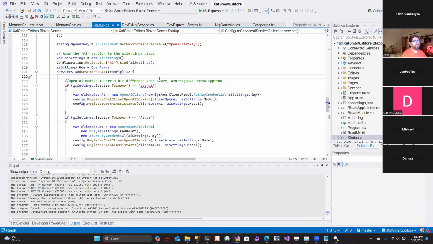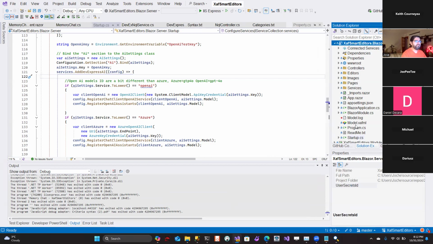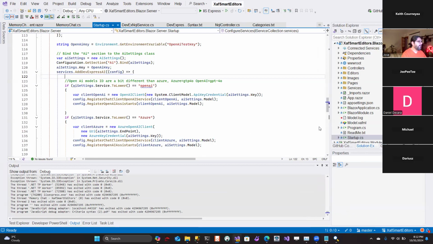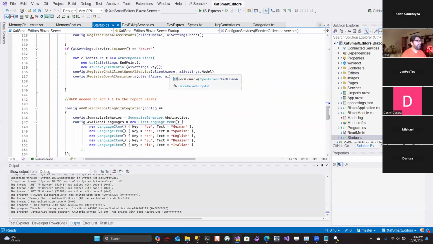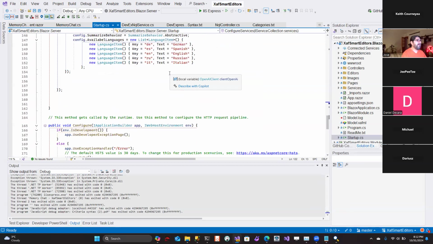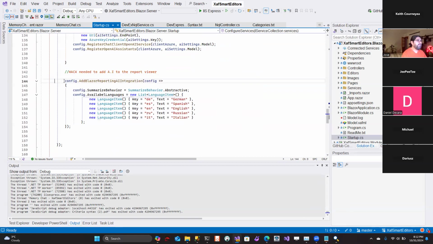So if you go to this solution, the one that I showed you before, the smart editor one, and you go to the startup, here you can see that we registered the options and the service for the AI integration. So by just adding these lines, you will have the AI action